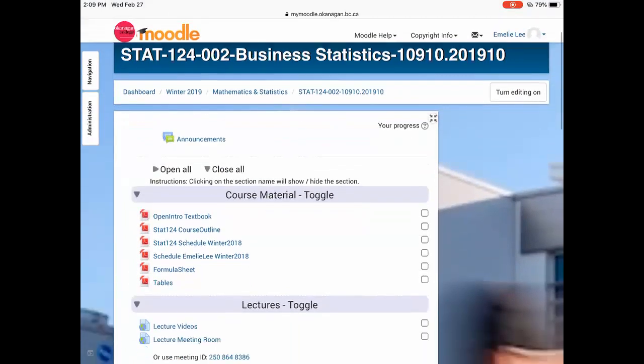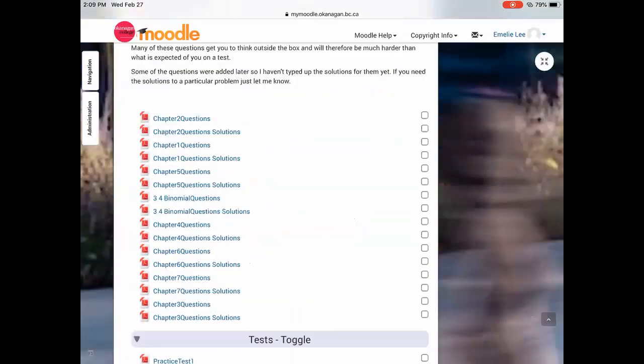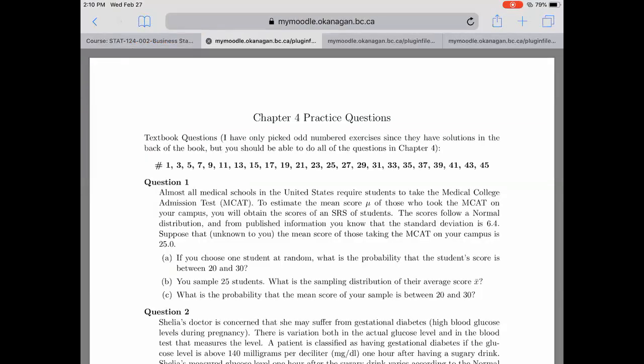If you go on your Moodle, I posted all these practice problems, and I haven't really been pushing you to go to the practice problems until now. The practice problems for chapter 4 are really solid. The ones before it, things change and what I focus on changes. But for chapter 4, 5, 6, and 7, things don't really change. So I've looked through a ton of different textbooks, pulled out questions that I think are good for you to practice,